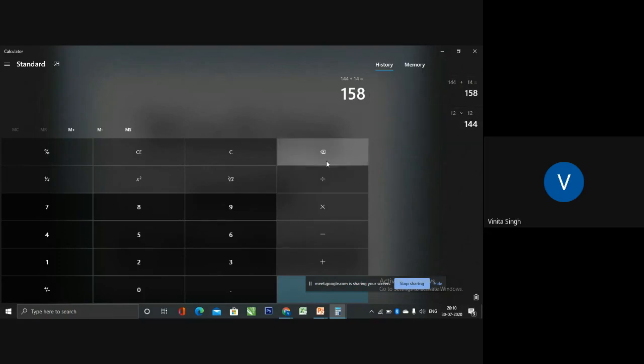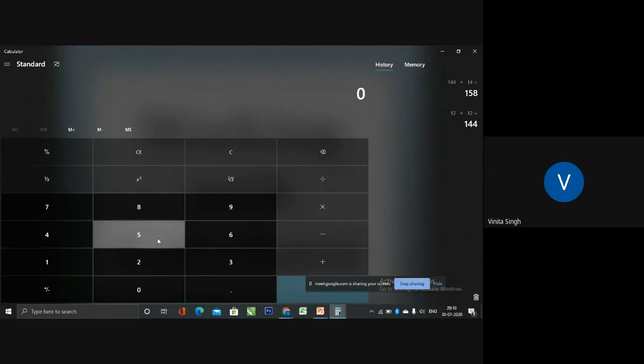To erase it, I will click on this cross button so the numbers will be erased. To clear the screen, I'll click on CE. But as you can see on my right hand side, the numbers are still visible in the history. Whenever you want to utilize them, you can see them from there, even if you enter a new number.